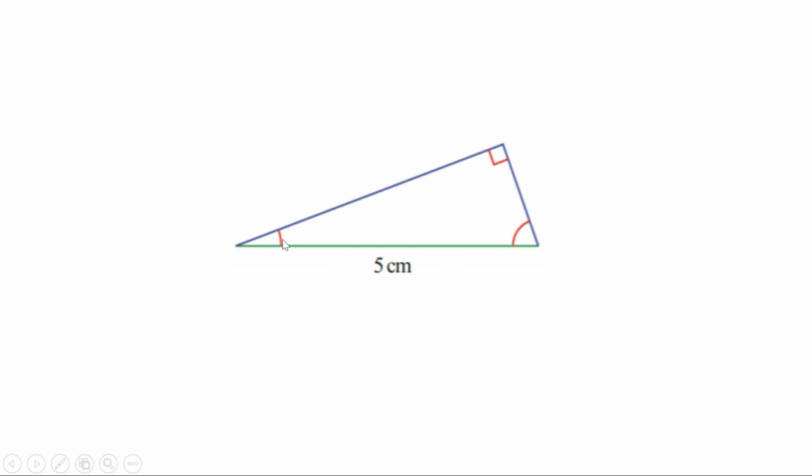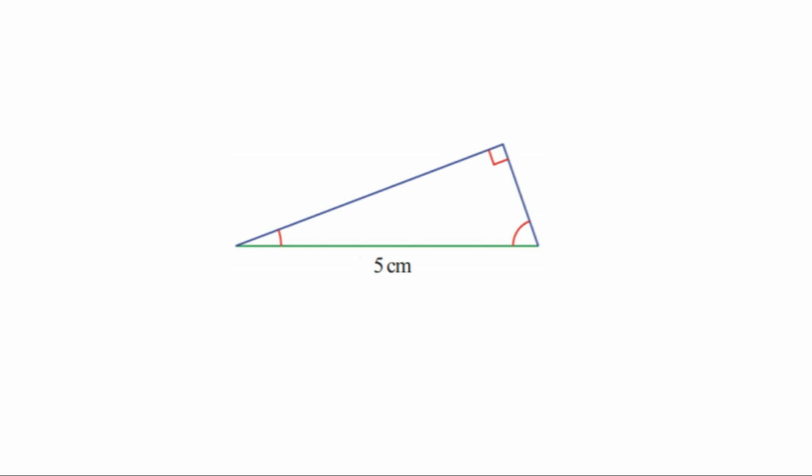That is, if we take this angle as 20 degree, what is 90 minus 20? 70. So we can take 70 degree here. So this is 20, this is 70, then automatically this angle is 90 degree. Or you can take 30 degree here, then you should take 60 degree here. Or you can take 40 degree here, then you can take 50 degree here. Like this you can draw a lot of right angle triangles with hypotenuse 5 cm.